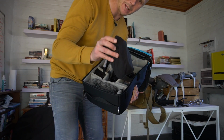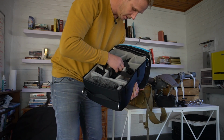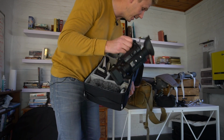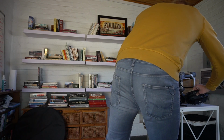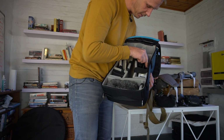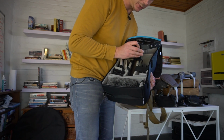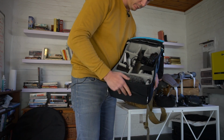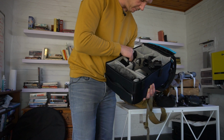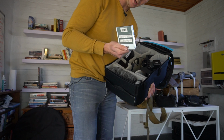I've got a 50mm Samyang 1.8 lens for my Sony A7S. I've got my new Sony Z90, which I'm going to talk about in a minute. Then I've got my radio mic receiver and the top handle for the Z90, which has two XLR inputs. I've also got in here a little battery powered light. I've got the filter for the 50mm Samyang. I've got an ND filter,